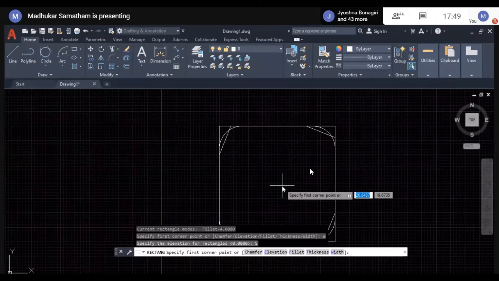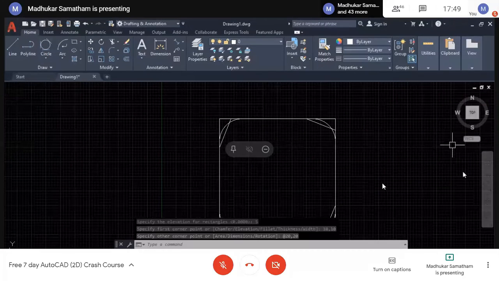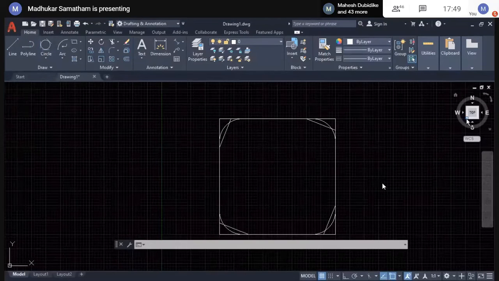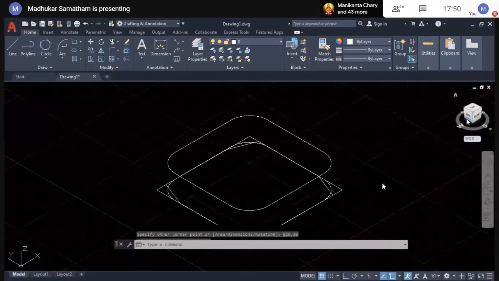Same fillet rectangle we generated, you can see that. See, at the elevation of 5, with the XY plane distance 5, the same rectangle is generated.